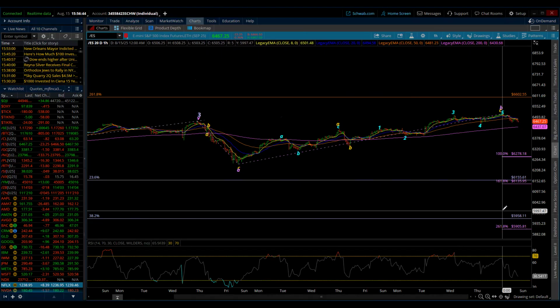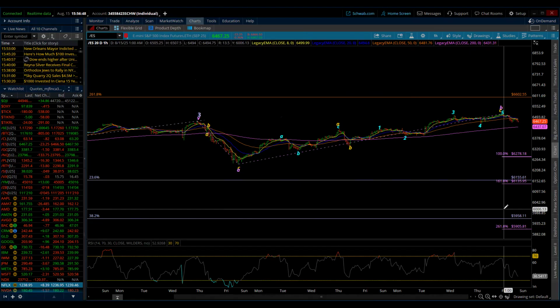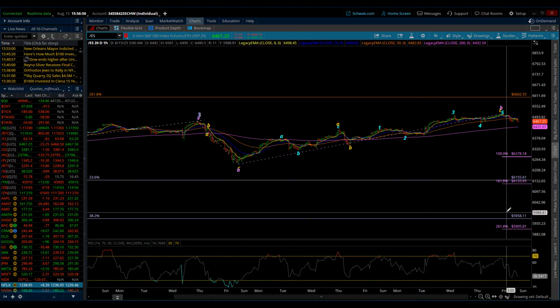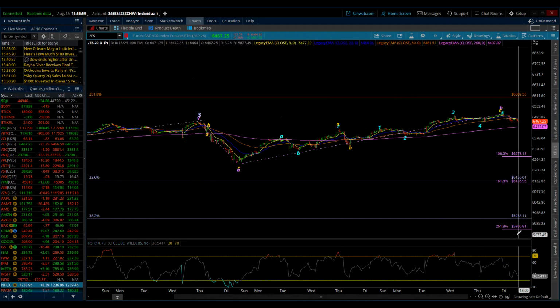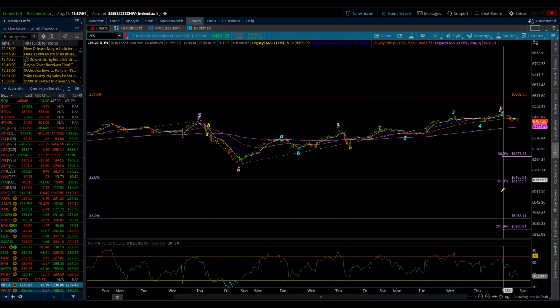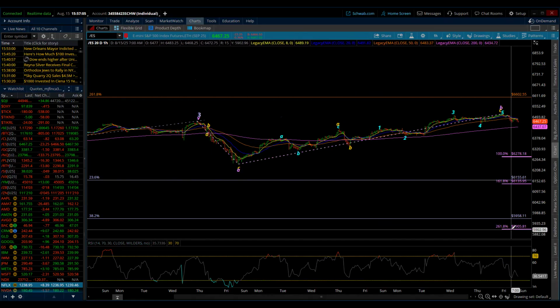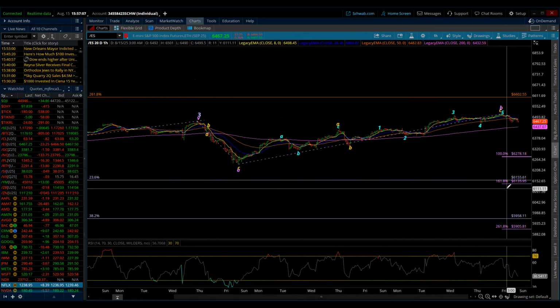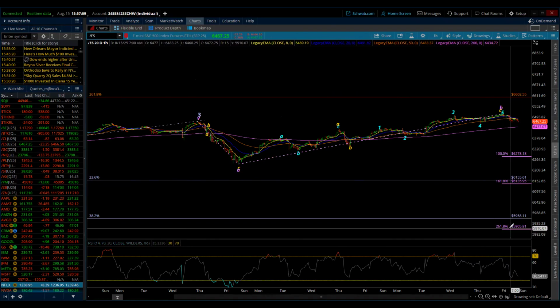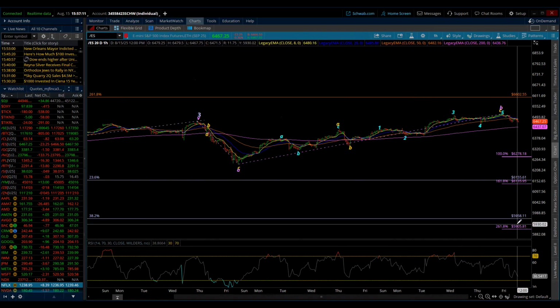And then as it gets lower, it probably should start to equal that 6,000. And still, I think that would be support. So we're looking right in there. We might get a little spike to bring it down, or it might just have that overflow. But this is my first target, second target. And we'd have to blow through this one to give that one some weight, so to speak.